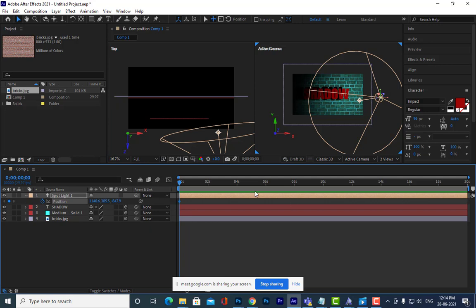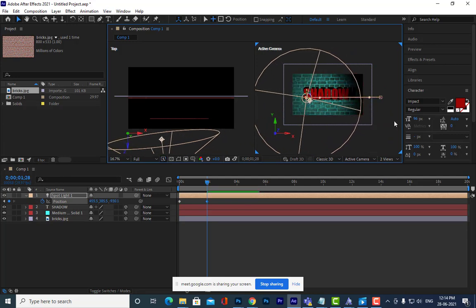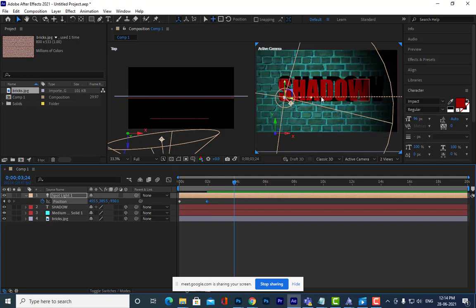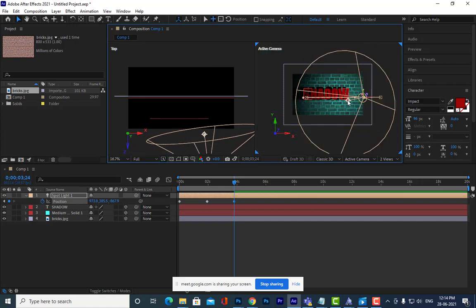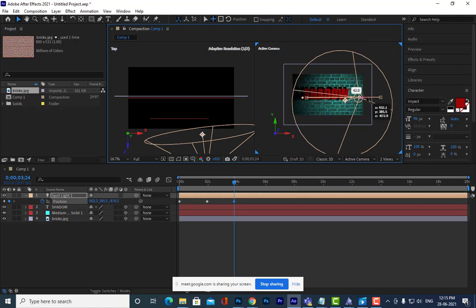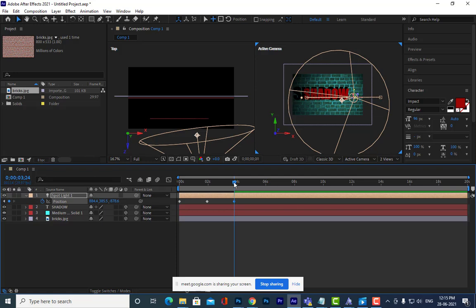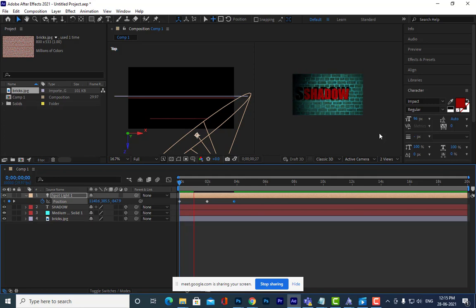Just select the position. Is it clear, all of you? Yes, sir. Now we will go to the home button, click on the home button, and then hit the space bar here. So you can see how the shadow is animating.